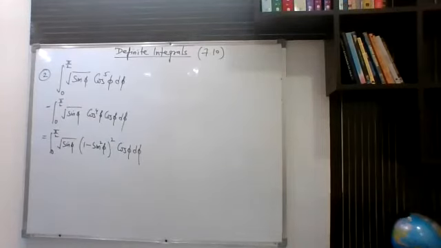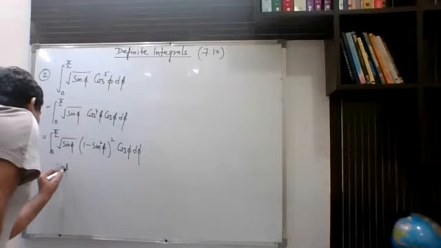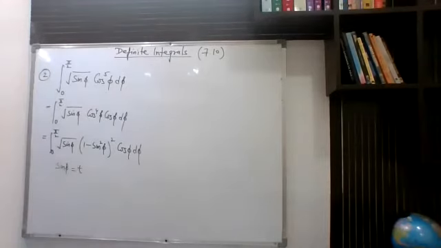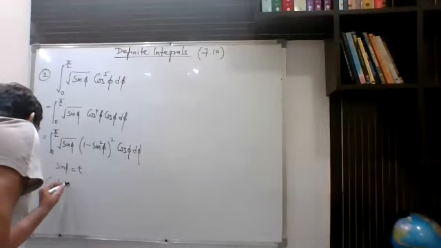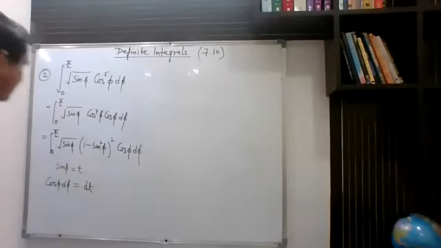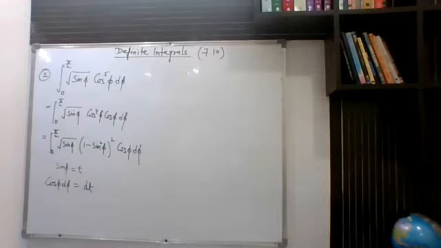Now, obviously, it should strike you that we should take sine phi as t. Let us take sine phi as t. If I take sine phi as t, then its derivative will be cos phi d phi, that is equal to dt. So this will be the derivative. Now let us convert the question to t form. Before that, we have to change the limits also. Let us find the new limits in terms of t, because I had told you earlier, whenever you are doing substitution, you should always change the limits also. So let us change the limits in this question.